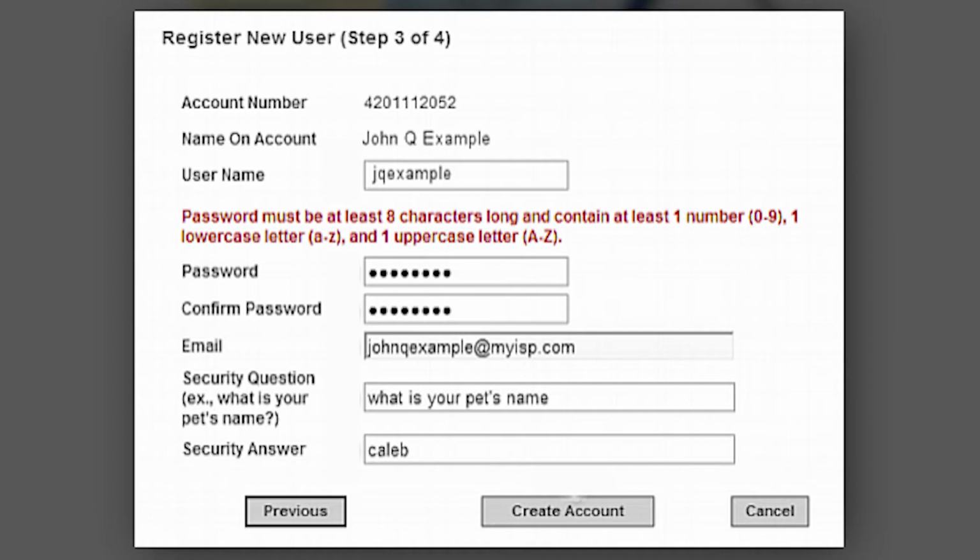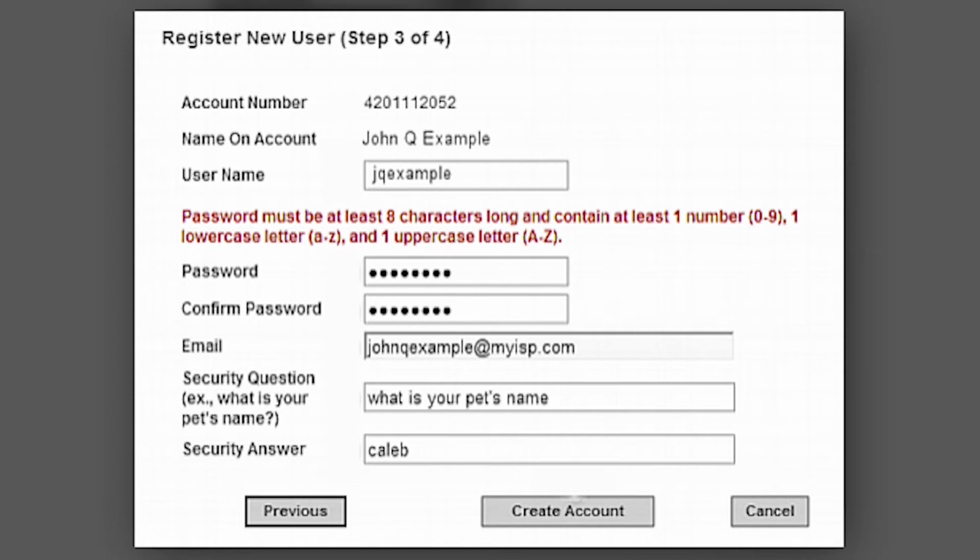And for your username as well, you'll want something that is rememberable, as this is the username and password that you will be using to log in and to make your payment every time. You'll also set your own security question and answer, and you can set that question and answer to be whatever you would like. We recommend something that is confidential yet personal and rememberable, such as what your pet's name is, or what is your favorite color, or something like that that isn't publicly known information but still personal enough to